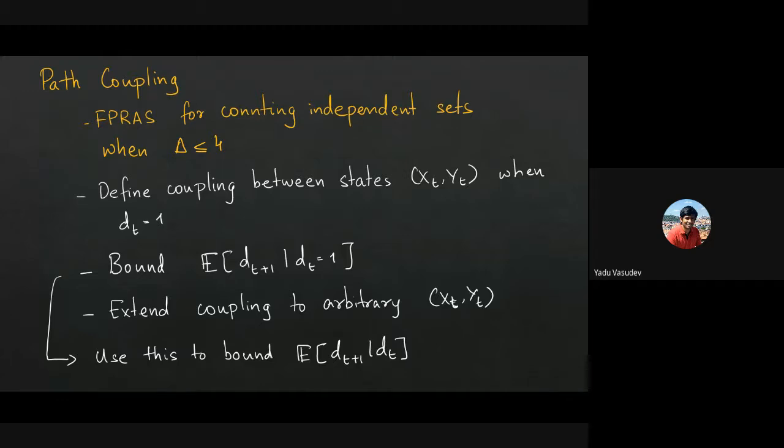Okay? The only thing is that it is only used in the analysis. In the actual algorithm, these states don't exist, right? I mean, you are not going to do any of this. These states are there only to define this coupling and use it in the analysis. Okay? The name comes from there, the path coupling. Okay. So this is what we are going to formalize and use to prove that you can sample independent sets in a graph of maximum degree at most 4. Okay.